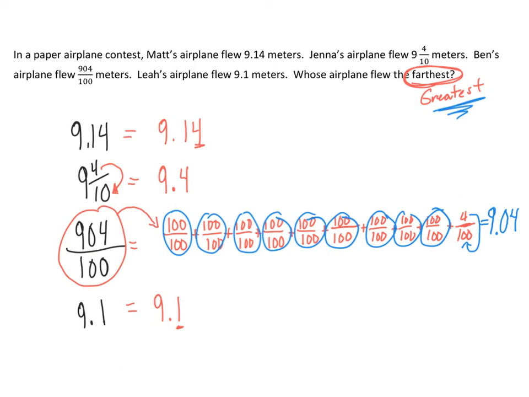Let's go to the tenths. This one has a 1/10. This has 4 tenths. This has 1/10. And this has no tenths. So automatically, we've got 9 and 4 tenths is the greatest. So let me write this out. So 9 and 4 tenths goes first. All right, what comes next